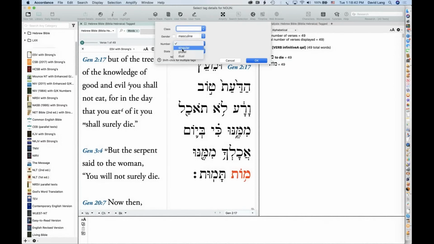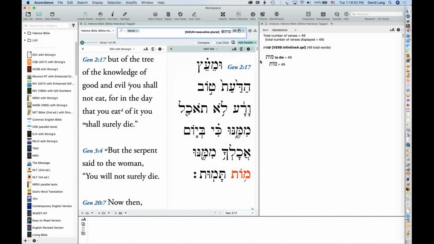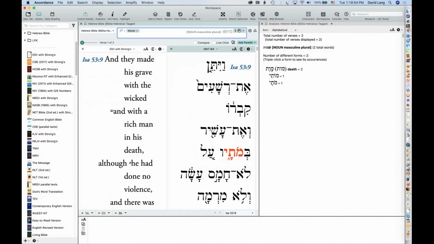I can't do third person. I can do plural, and I can do class. So let's do masculine plural. That's why it was fussing at me, because I was trying to do a tag that's not there under noun. So anyway, you can always use the dialog box to get where you want to go.